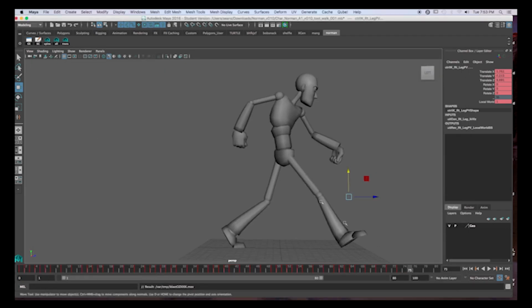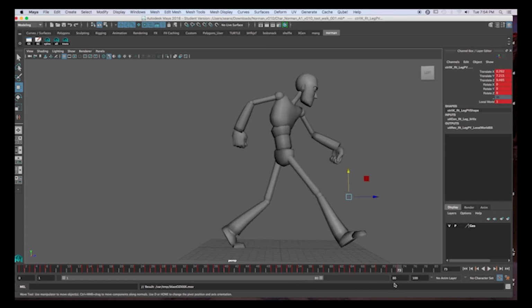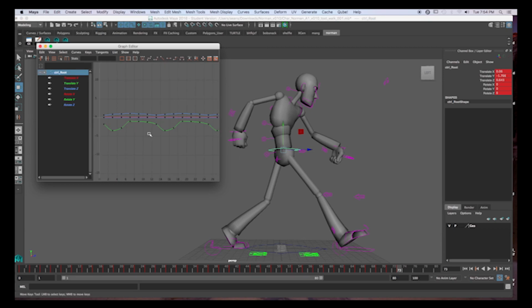So again, like I was saying, you can go in and you can change things. Now that we have it roughly animated, say we like it, we've copied and pasted, because we have 1, 2, 3, 4, 5, 6, so like 6 strides, now you can go in and change things so it's not even. So you can actually go in with the graph here, and I want to offset this a little bit. So I can look at this as a whole and say, on this one here, I want to